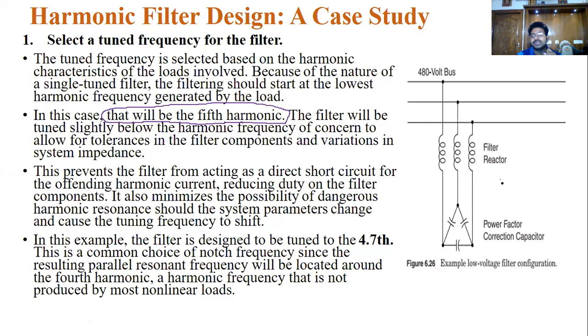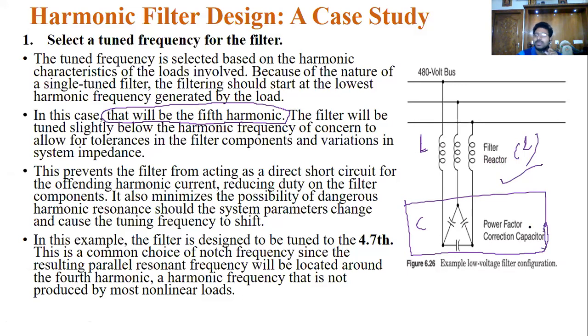Now see this, this is the characteristic of this filter, a single tune LC filter. This is the reactor, inductance is nothing but the reactor. Now see here, they can consider an example of some low voltage configuration filter. Here a power factor correction filter is considered in this case, but I said that this is not the considered case to eliminate the harmonics. This filter is used for power factor correction. There are some drawbacks while we are using this capacitor. So this is some basic structure of this.